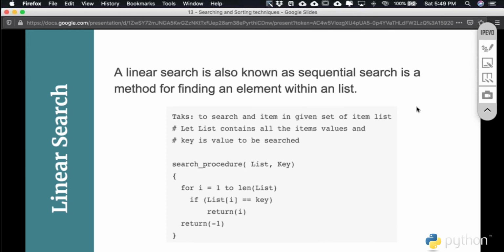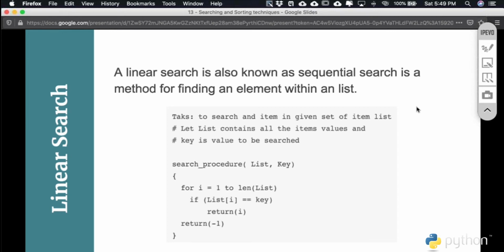Linear search is also known as sequential search. Let's suppose you have a linear data structure with you. Remember, linear search is always possible in some kind of linear data structure, and when we talk about linear data structures, two things come to mind: array and linked list. It means we are organizing our data in the form of a list or an array. We perform linear search over a linear data structure, either an array or a list.